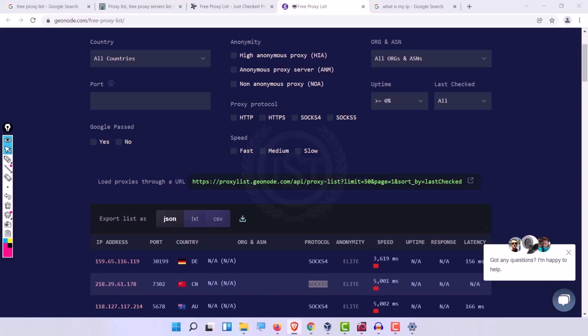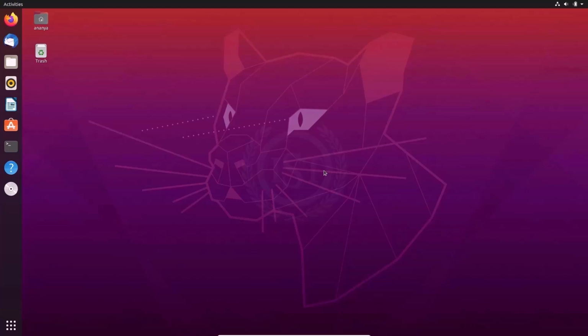And now let us see the installation of the ProxyChains tool in our Kali machine. ProxyChains comes with Kali Linux when you install Kali Linux. But since I have to demonstrate the installation of this tool, let me first show the installation on an Ubuntu machine. So let me jump onto my Ubuntu computer. As you can see, now I am on my Linux Ubuntu machine.